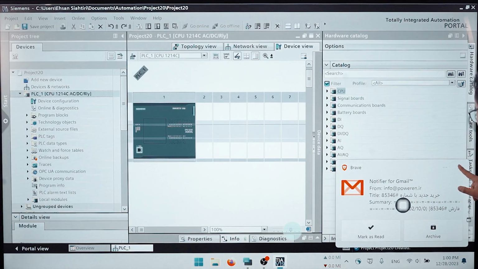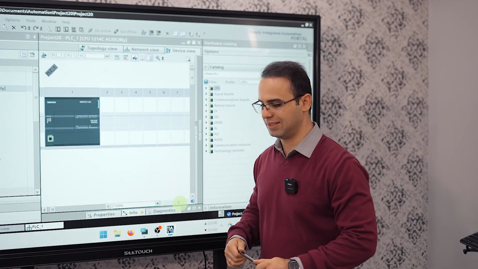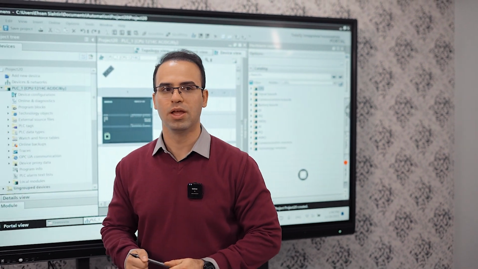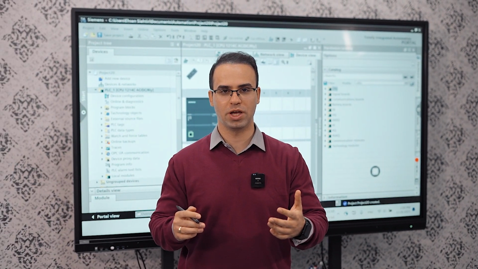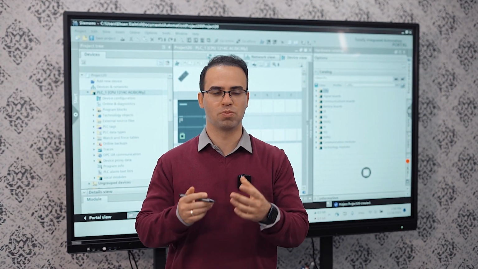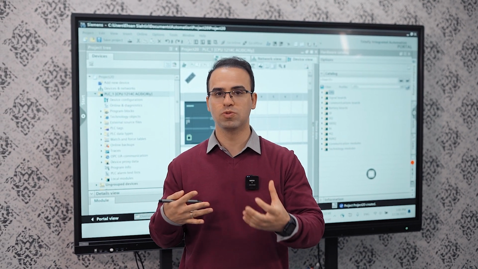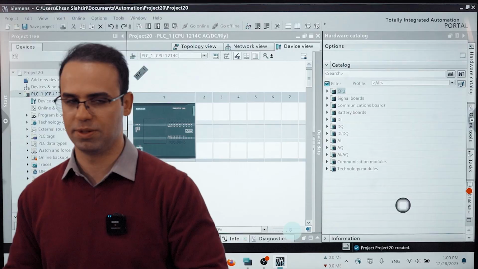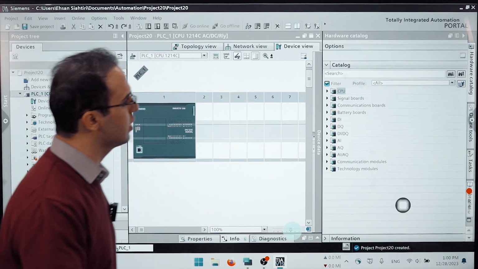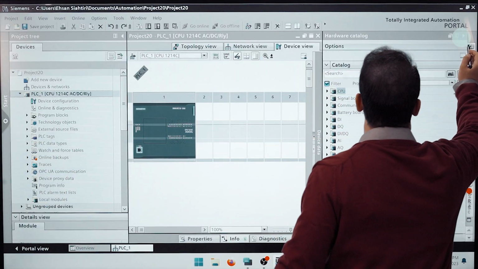If you want to work and exercise your programming and you don't have a PLC, you can use PLCSIM. PLCSIM is one of the best options for people who don't have a PLC. So here I want to write